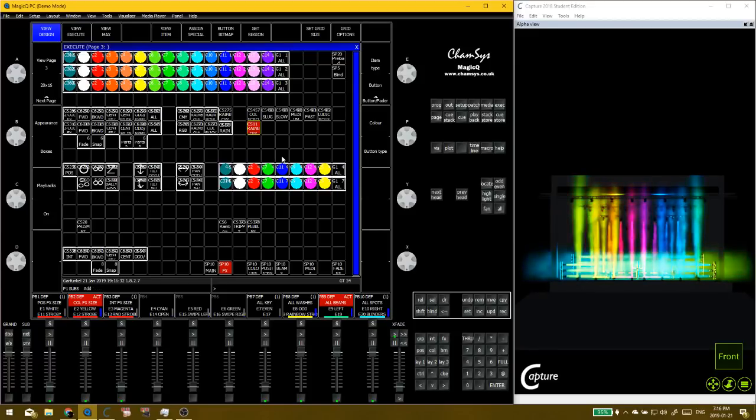So if you want to make your effect half as fast, you can just hit the button and it'll halve the speed. Or if you want to make it super fast, you can just hit the ×2 button a million times, and then it's going way too fast for anyone to notice it. But you know, whatever. I wish that would be a cool new feature. Hey Chamsys, if you're listening,